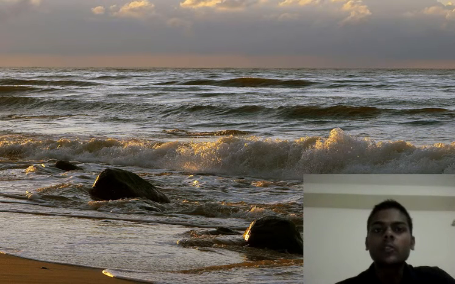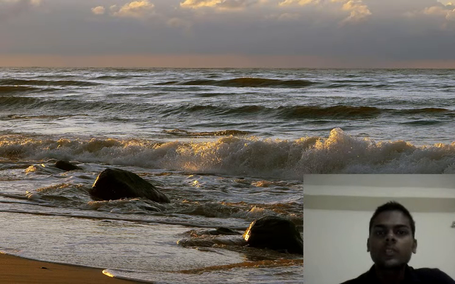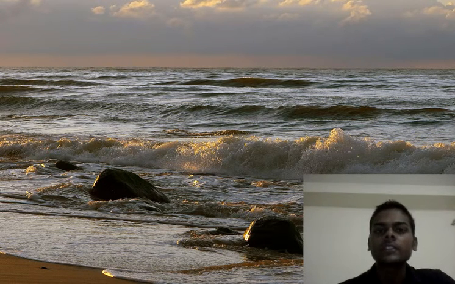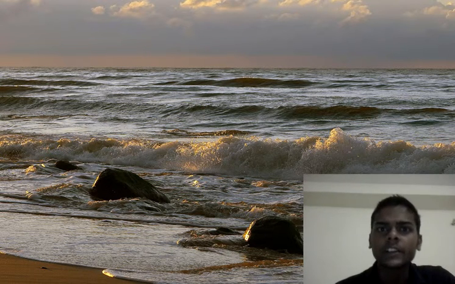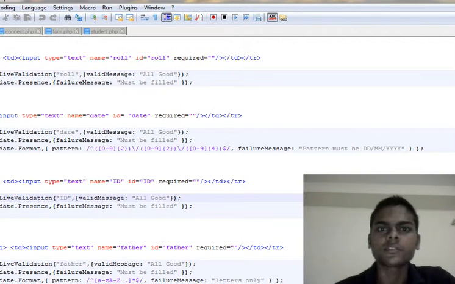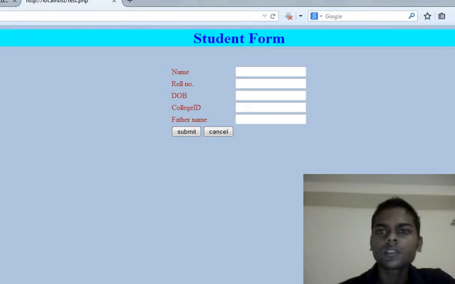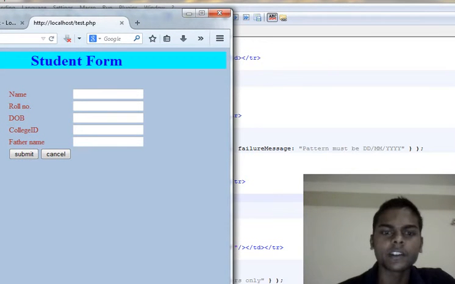Friends, today I am going to explain how to save a text in a text field on clicking a button. I am going to discuss all these things on a form on which I have created some fields and a button. By clicking on the button, the text which we write in the text field will be saved in the database.